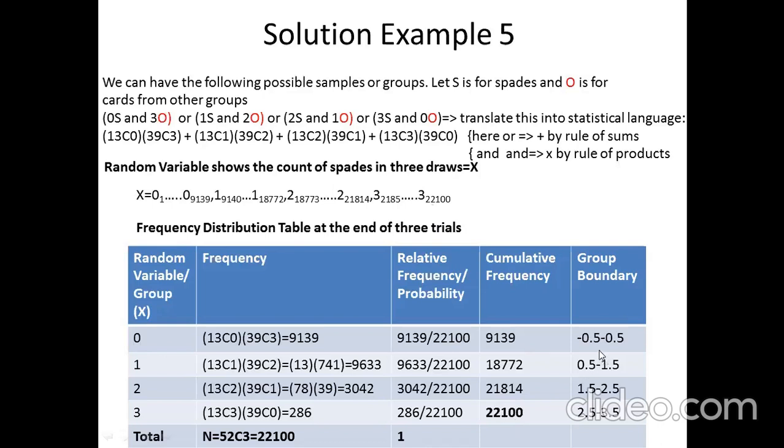Last is the column of group boundary, a very common column and the very same column as it was in the previous examples. The jamming factor is again 1 minus 0.2, which is 0.5. When the 0.5 is subtracted and added to every other value in the group, we get this group boundary column, right? So this completes the frequency distribution summarization, and we have done 5 examples of it over here. The analysis would follow the same pattern, the same interpretations as we did for the first example.